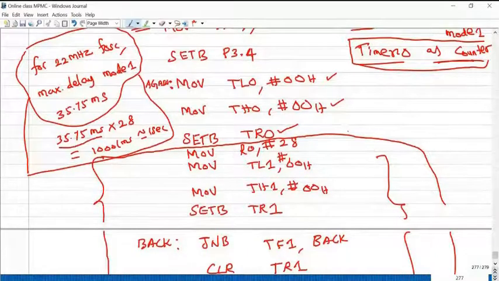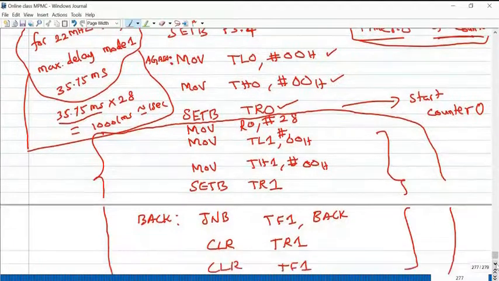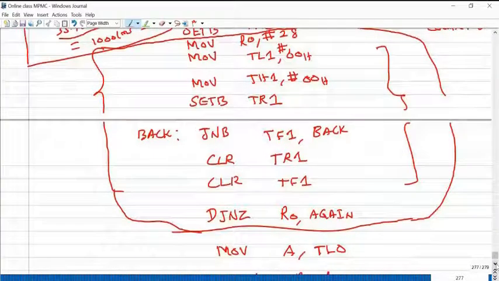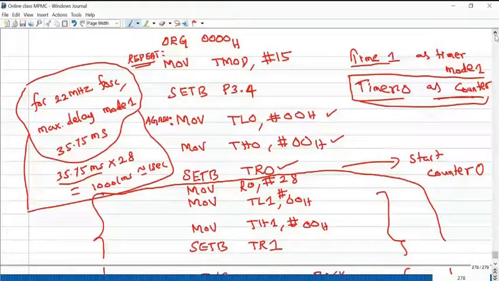So this corresponds to your start your counter. This one is for the 1 second time delay. So any doubt in this particular program?